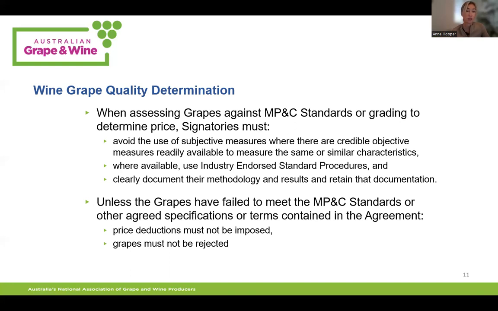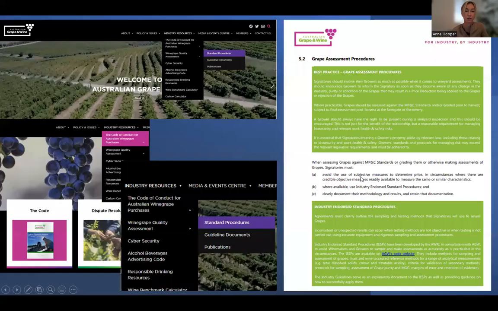If the contract does not assign a price to a grade, for instance, but says it will pay the fair market price for that particular grade, then this dispute should go down the path of a pricing expert if it's about price. It may fall upon the independent expert to recognise that the dispute has gone down the wrong pathway. And it's also really important for the complainant or the grower to make sure that they're clear so that it goes down the right path.